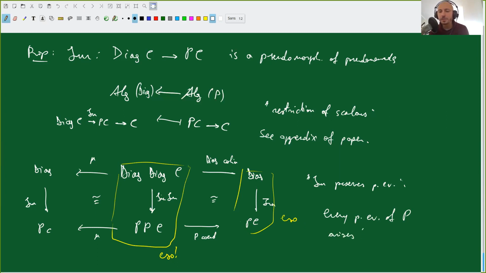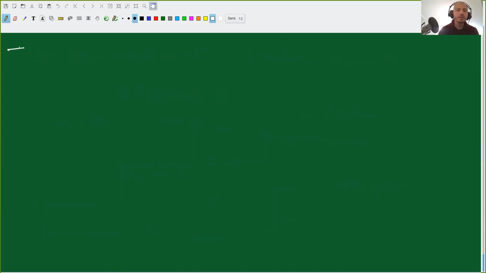Arises from a diagram of the diamond. So I will not talk about the proof of this theorem because it's rather long, but of course you're welcome to ask or to look in the paper. Because of that, we have another theorem